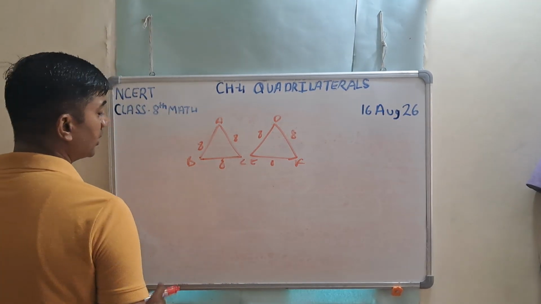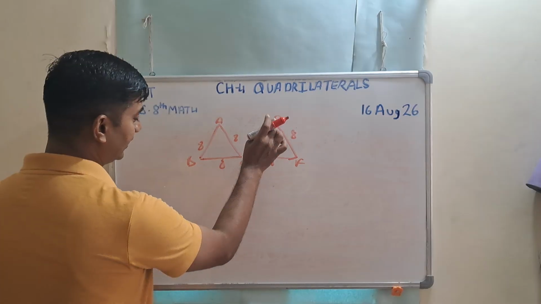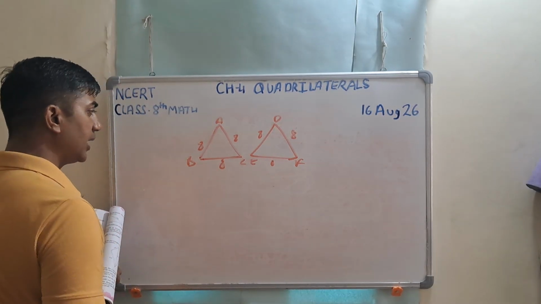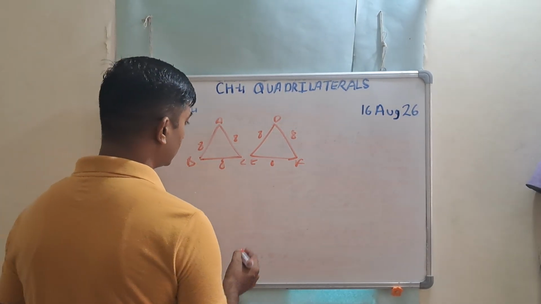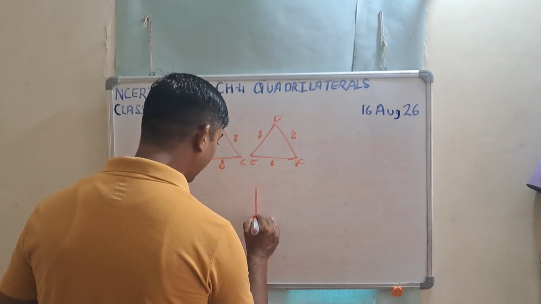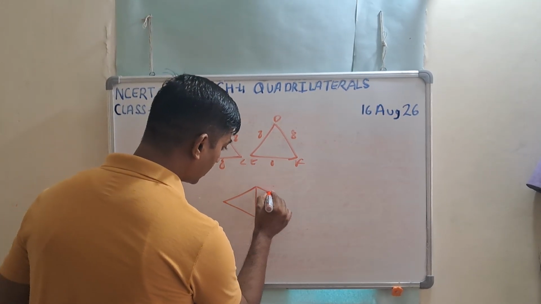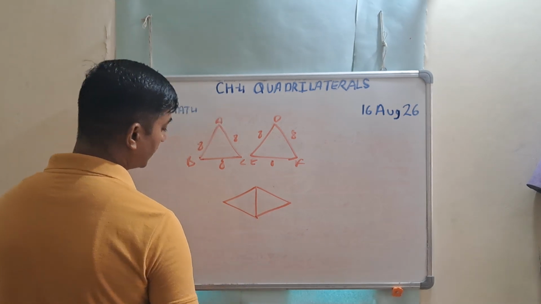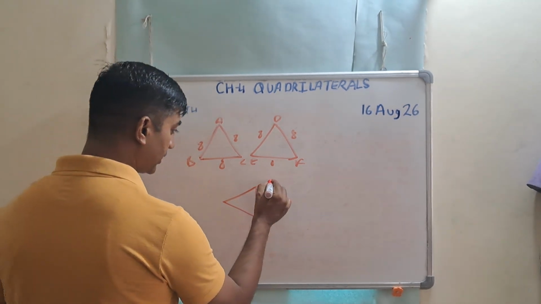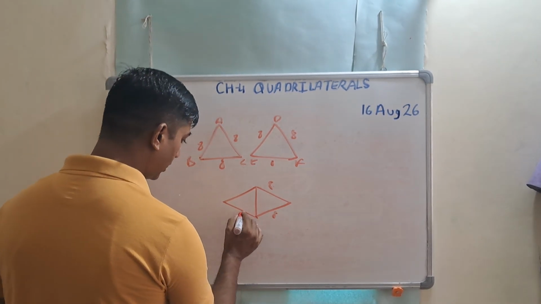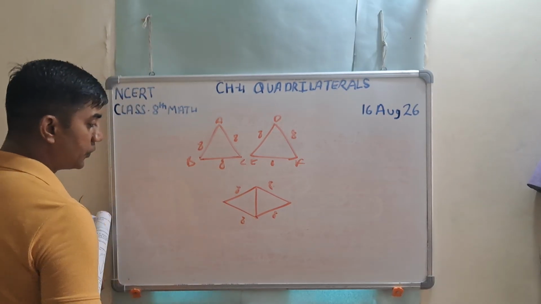Now suppose we have joined this side and this side. Any side, when you join, you will get the same. Now see, this is 8 centimeter, and from here 8 centimeter, 8 centimeter, 8 centimeter, and 8 centimeter. Now we have joined this diagram like this, 8, 8, 8. Now what is this? If you see that